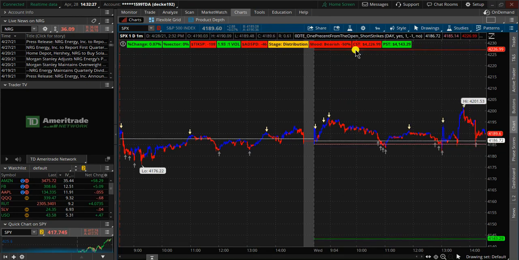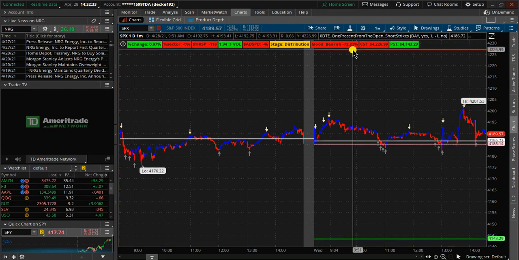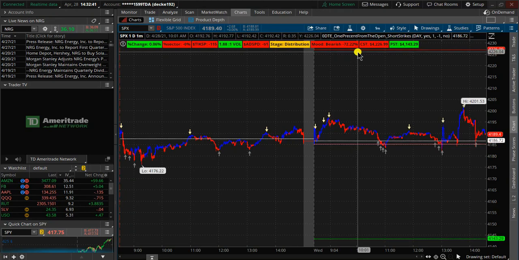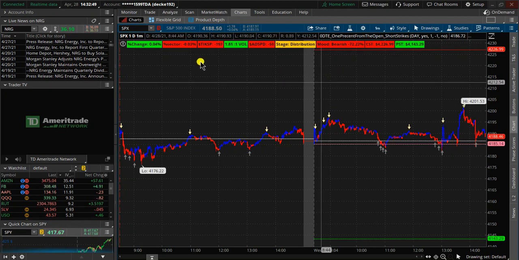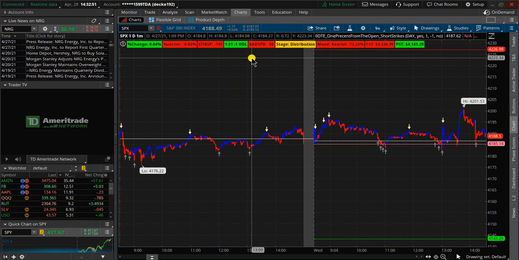The next label, which is not showing up here today, is the recommendation label, and if all the market internals line up so they are all bullish or all bearish, it'll give a recommendation of either selling a put spread for bullish or selling a call spread if bearish. Today we have a choppy market, so we have a mix of bull and bear signals, so it doesn't give a